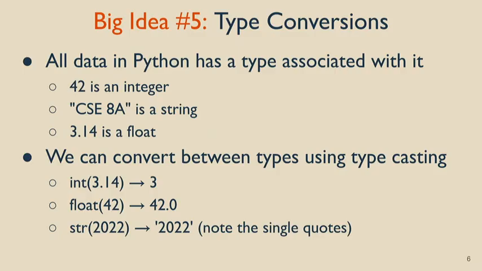Then, lastly, we have floats, like 3.14. Floats are numbers as well, but these are numbers with decimal points. So 3.14, we know this is a float because it's got that decimal point and some more numbers after it. Even if you have 14.0, is 14.0 an integer or a float? A float. So 42 and 42.0 are the same number and they mean the same thing, but they're 2 different data types. One is an integer and one is a float.